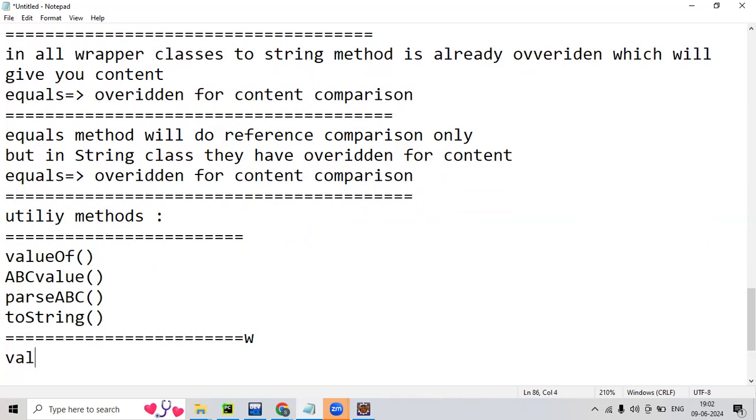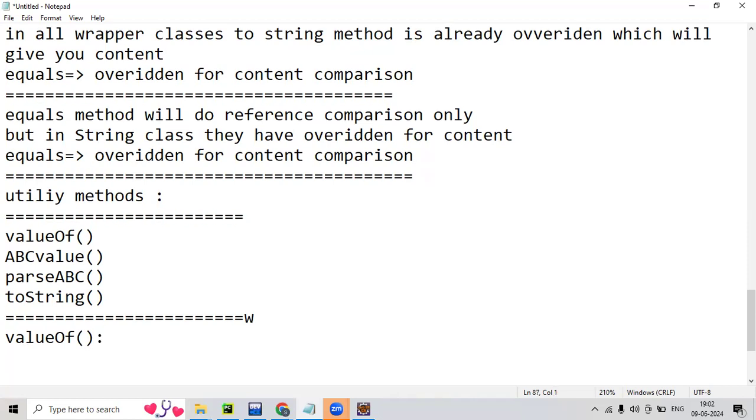First one, valueOf. We can use the valueOf method